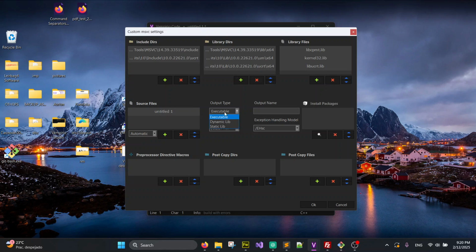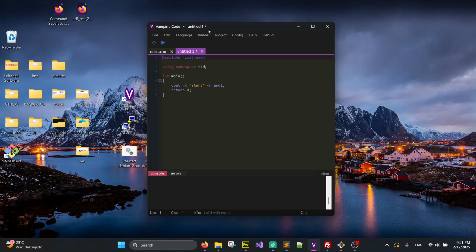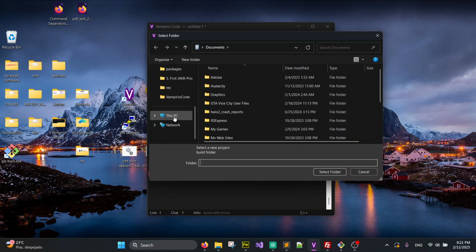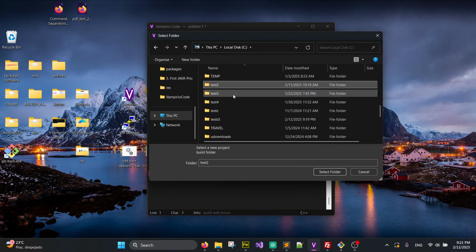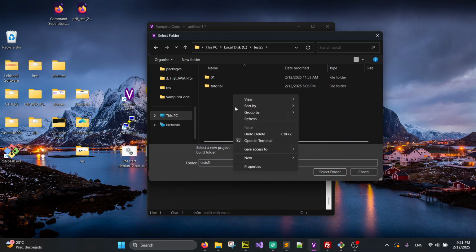We have an executable program, and on this side we have automatic, manual and default items. We leave this as automatic, and now we will see that every time I create a new file, it will appear here. Okay, so the next thing we have to do is move the project. So go to project, move build, and for example we will go to our test folder and then create a